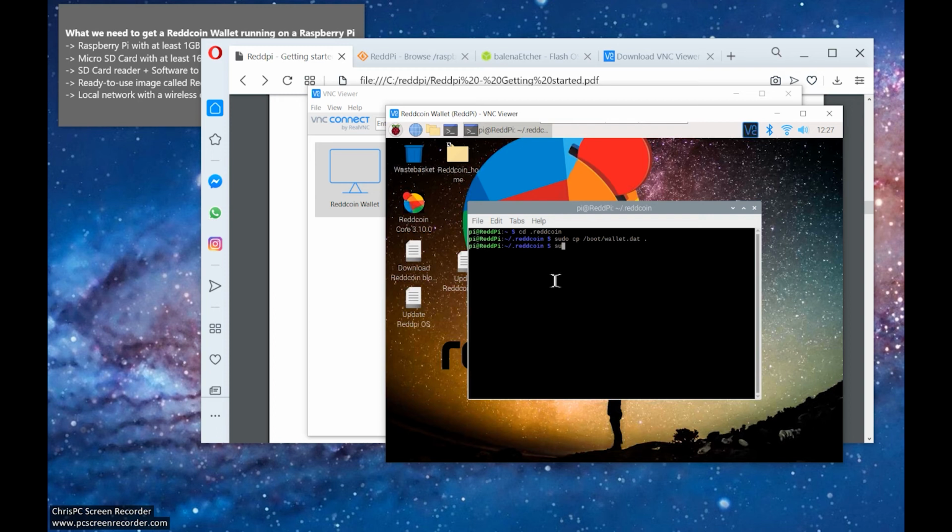But we are not finished yet. We need to change the owner rights to the user Pi and the group Pi, so that the wallet can access our file. So now we can close this terminal,